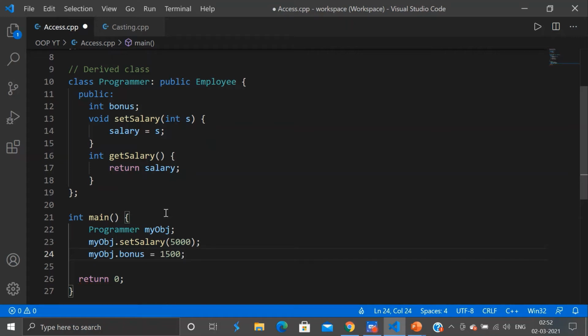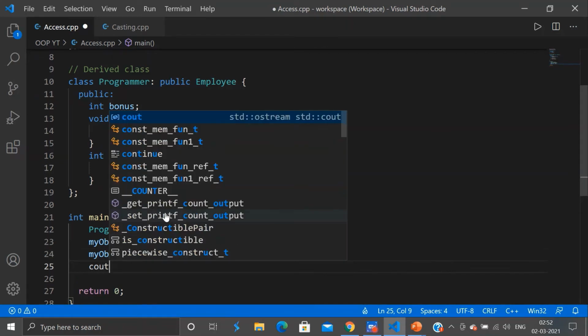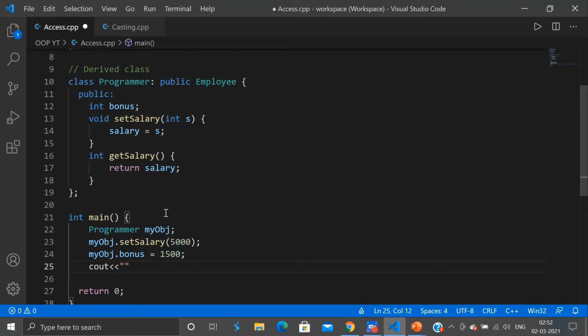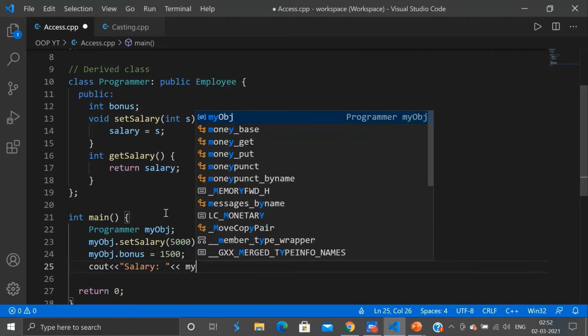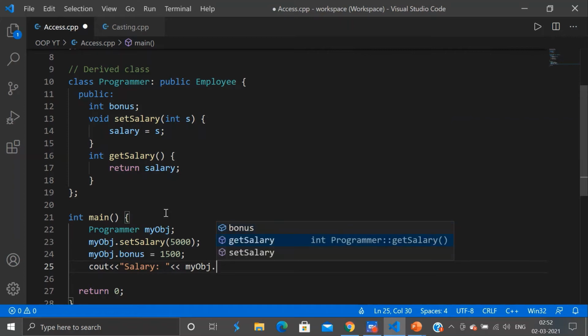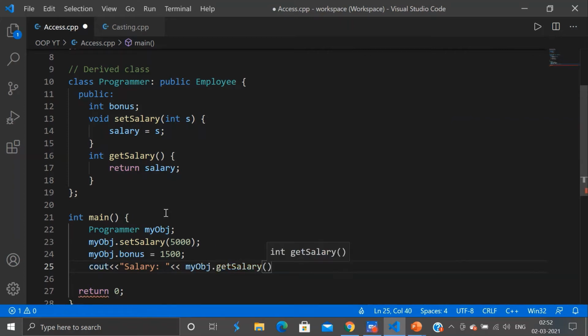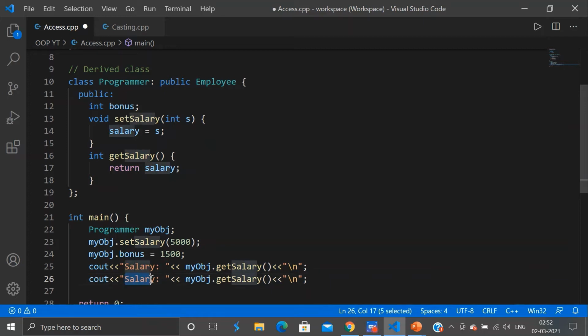Now I can have a string that says salary and gives me the output of my get method. So for that I'll write my object name dot get salary, and then I can have a similar string which will give me the output of my bonus, that is 1500. So I will say bonus, and instead of get salary it will be bonus.